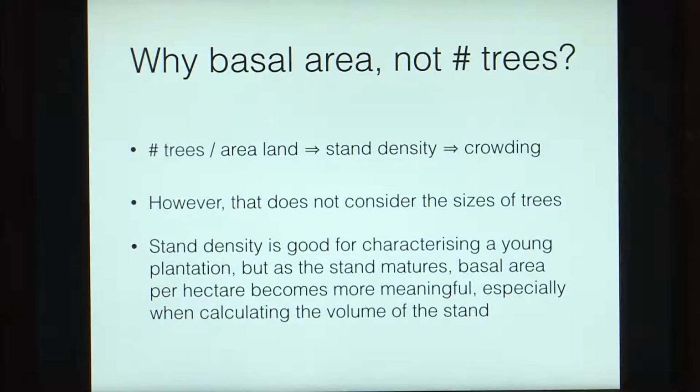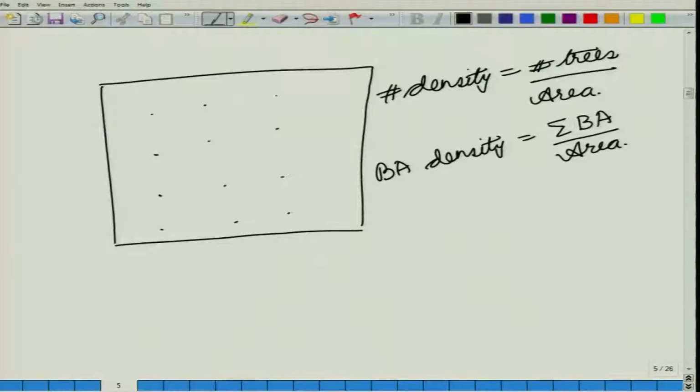So, in the beginning, when all our saplings are very thin, stand density is a good characteristic for a young plantation, but as the stand matures, the basal area per hectare becomes more meaningful, especially when calculating the volume of the stand. So, what it is telling us is that if we move back to the tablet,